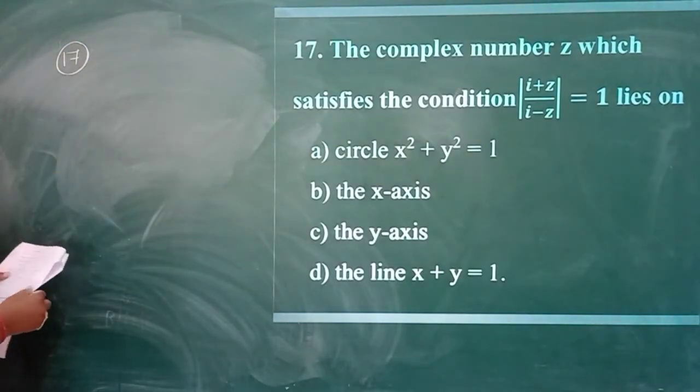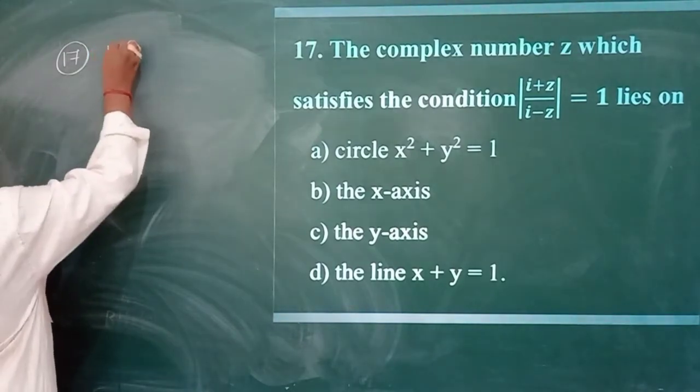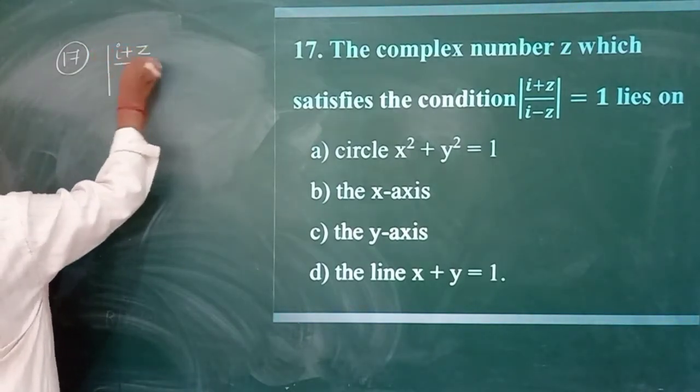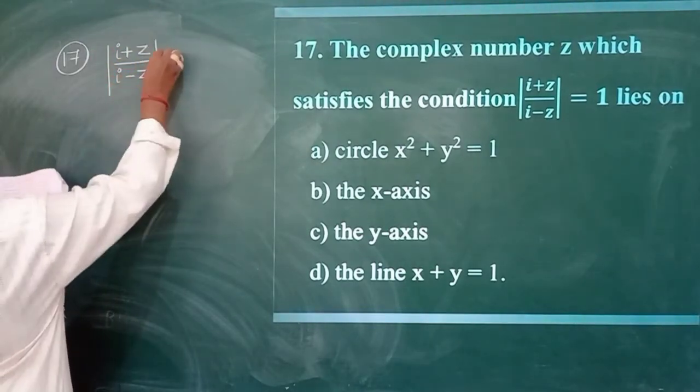The complex number z which satisfies the condition |(i plus z) divided by (i minus z)| is equal to 1